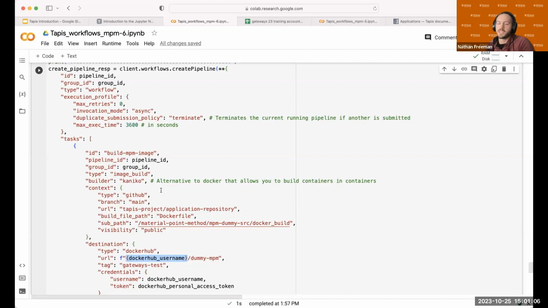Then we have the duplicate submission policy. So what happens if you submit a pipeline and then resubmit a pipeline with that exact same definition? How should the workflow engine handle that? So in the case of CI/CD, what are we doing? We are building an image, and we're going to test that image, and we're going to push that image up